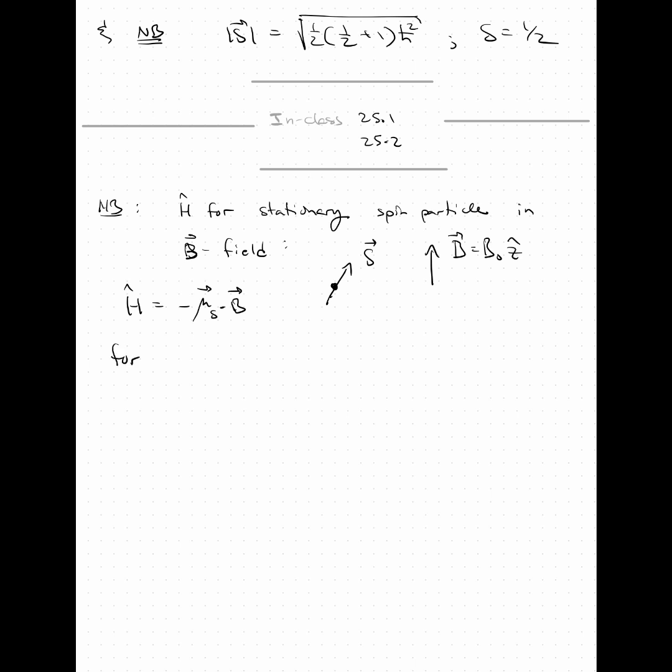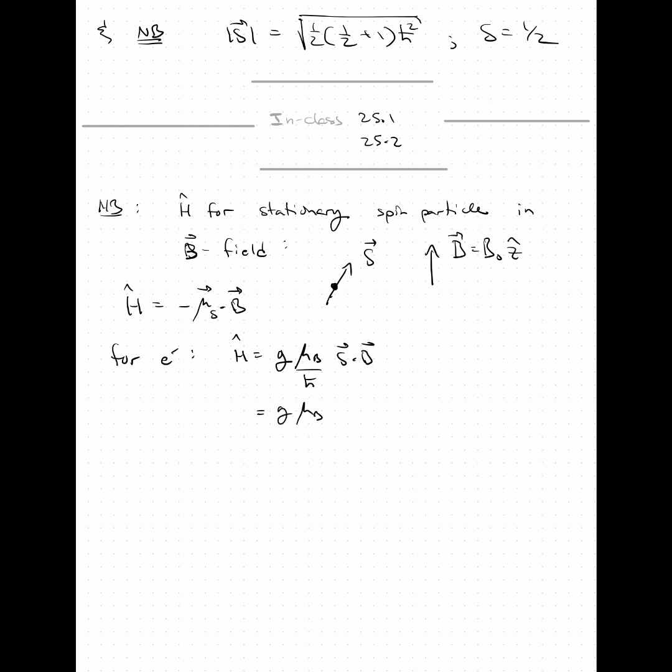So for an electron in particular, this Hamiltonian becomes g mu b over h bar s dot B, which is equal to